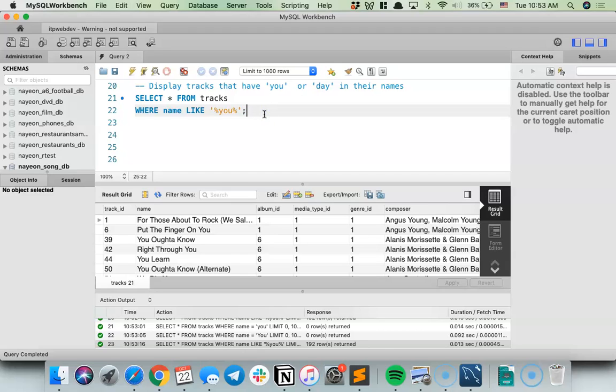Okay, and then you can continue to build into this WHERE clause. You can say, okay, I have two search patterns I want to look for. It's 'you' or it also has the word 'day'.